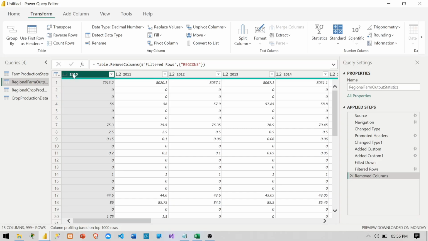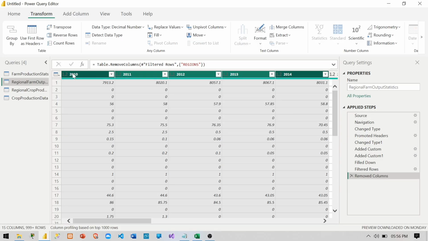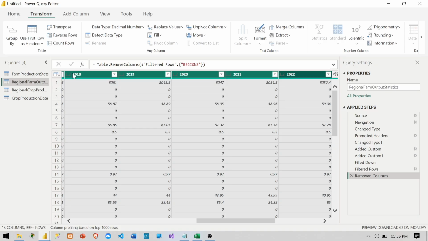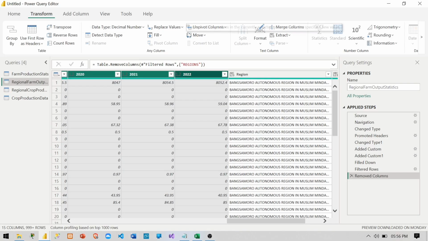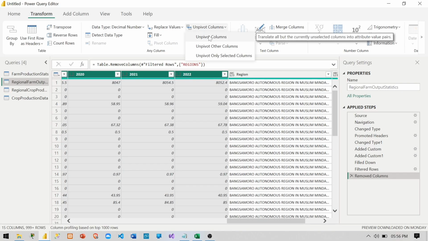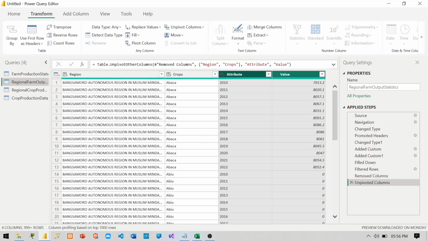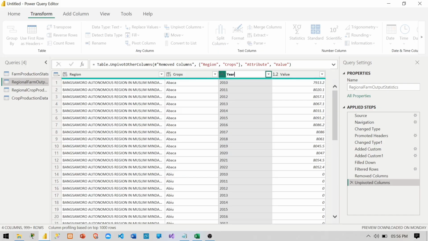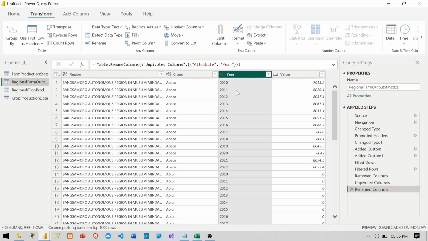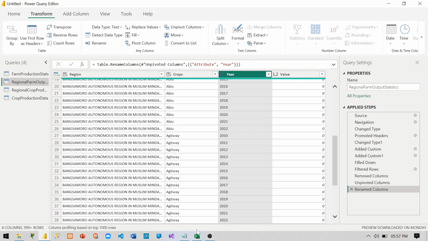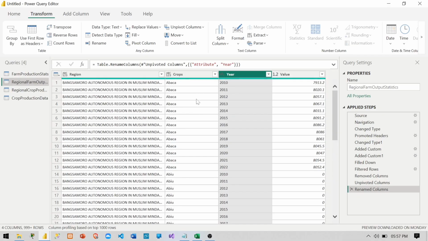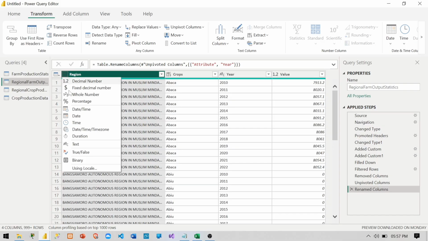The next, same process, we're just going to highlight this year 2020 until 2022. Then we're just going to unpivot it to be united in a single column. Okay, then we'll just rename this to year. Then after that, we are going to check its data type